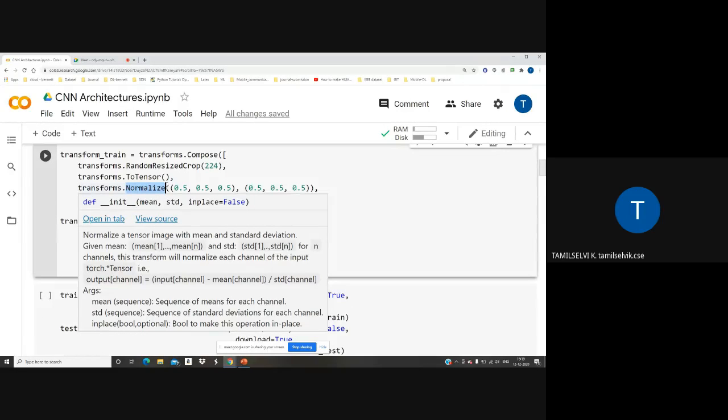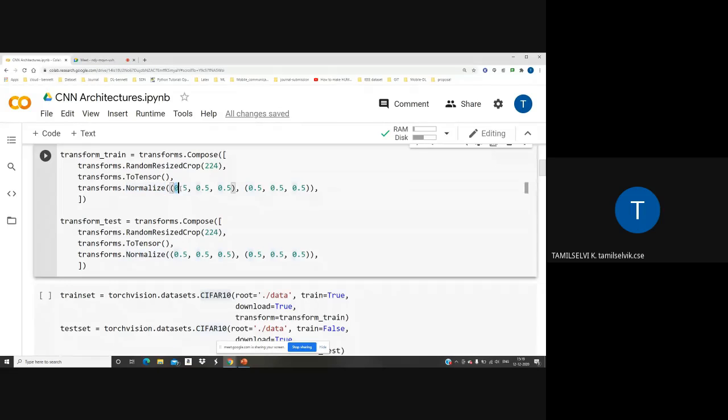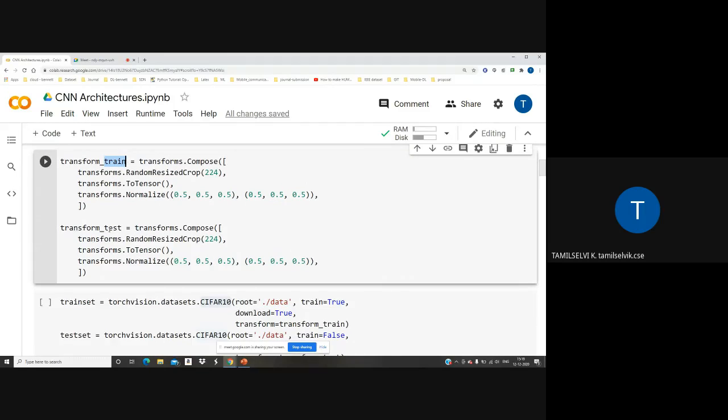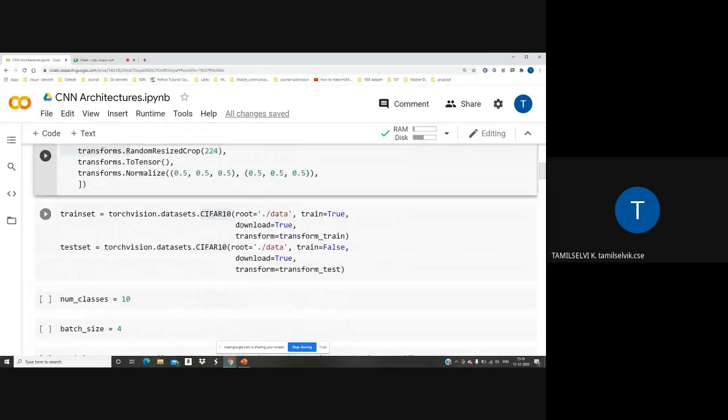That's why statistics and probability math is always the core background behind it. So I have given a standard deviation for each and every channel. The standard deviation is 0.5. If you take a bell-shaped curve, the mean is 0.5 and the spread on each side is 0.5. I have equally distributed these things, in order to normalize my images into values within 0 to 1. The same is done for training data, and this is done for test data. So while you are downloading itself, you are going to transform it. See here,